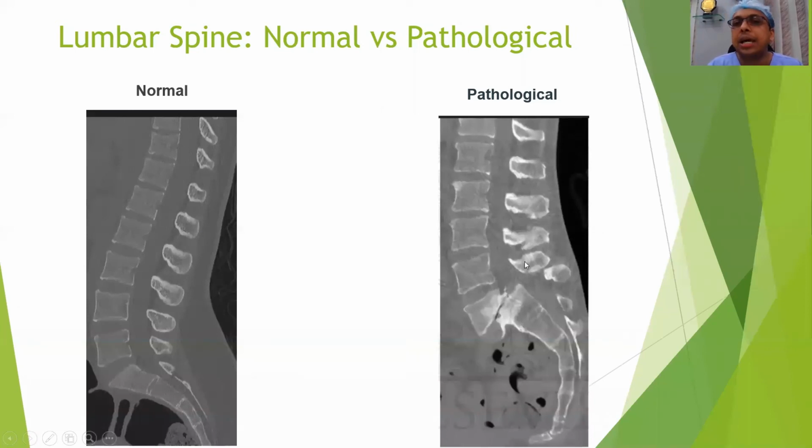But in the pathological, non-contrast or unenhanced CT scan, you are seeing there is L5-S1 spondylolisthesis on the sagittal view, right? Obviously, if you want, you can see a coronal view, but it is of no use. You can certainly see an axial view, but there is no point in my showing it, because you can easily appreciate that it is completely unstable.